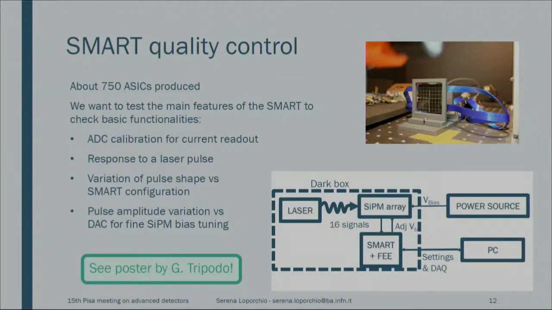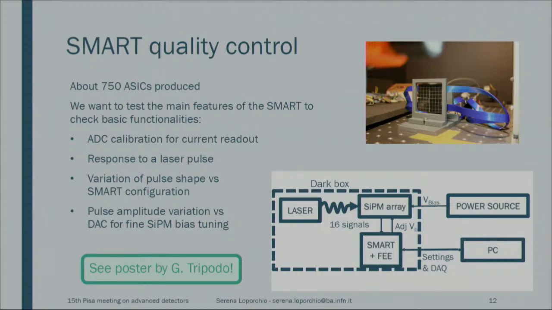We then proceeded with the production of almost 750 ASICs, which will be used for the PISA camera. So we performed quality control tests on these SMARTs. We implemented a test chain in order to test the main features of these ASICs and check their basic functionalities,